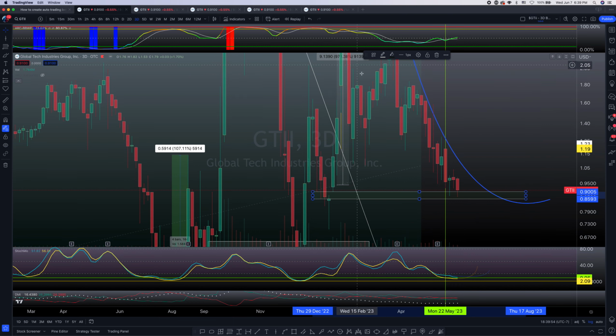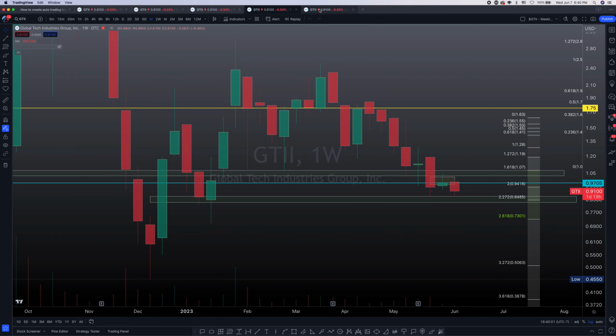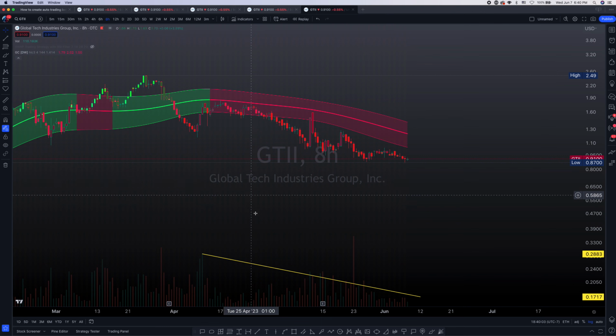There are a couple of other things that I want to talk to you about that are indicating that there could be that floor found as well. First, I want to show you that the volume profile is declining here while we're declining in price. That usually means that there is weakness in the sell pressure here. So there could be an end to this incredibly low volume that we're facing right now, and there could be buying pressure coming in soon.